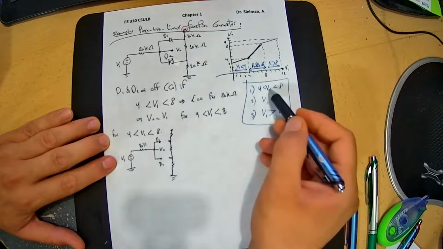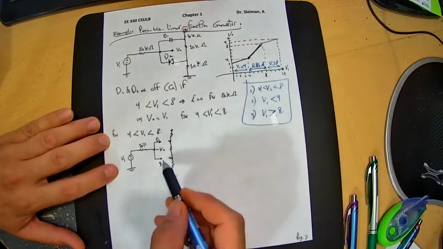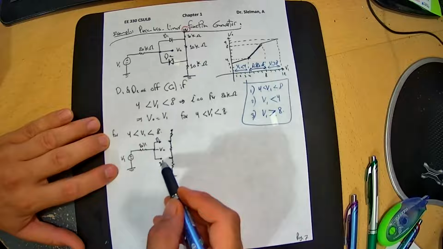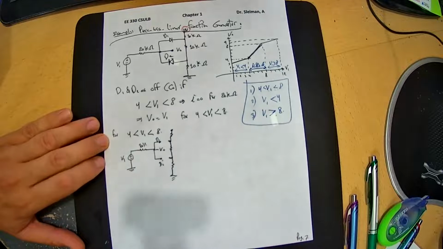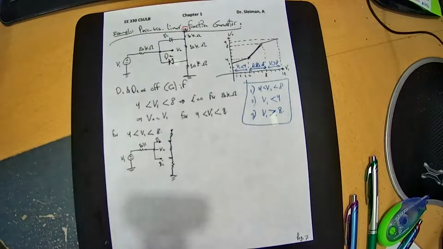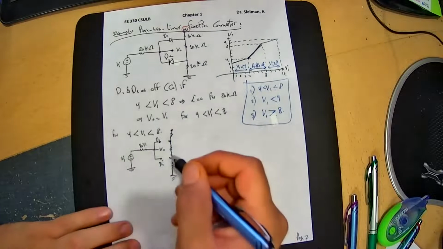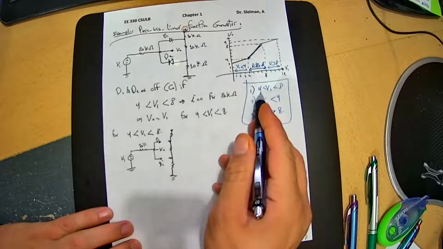What happened when V1 is less than 8? That means D2 is off. How is that? Think about it for a little bit. So we're considering that V1 is greater than 4. That means